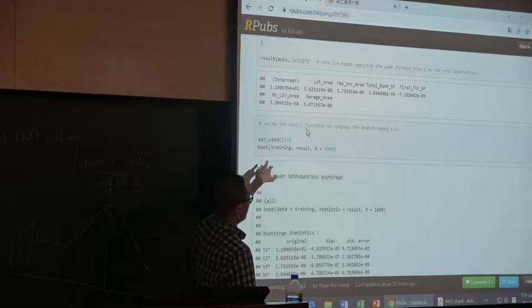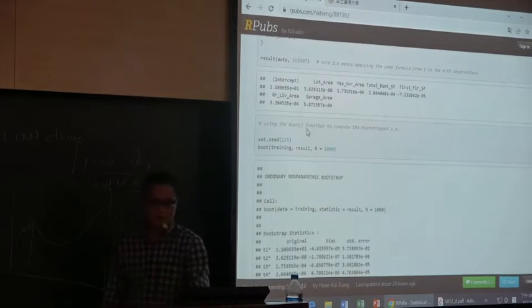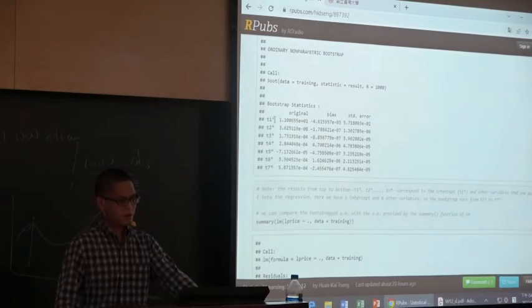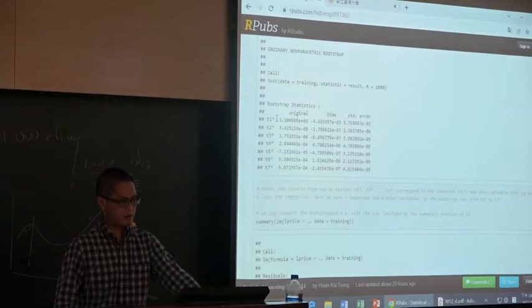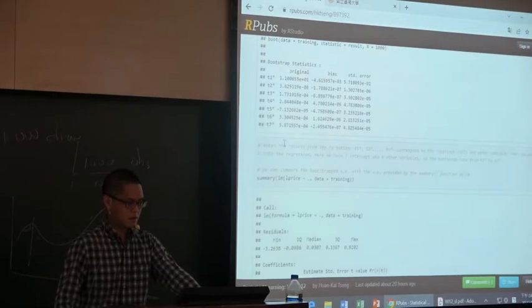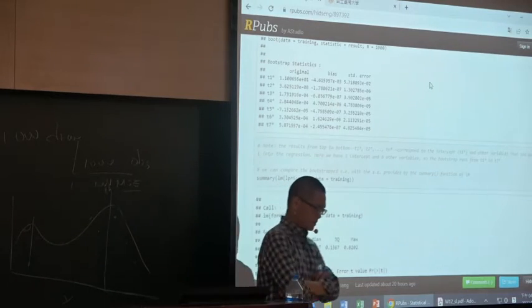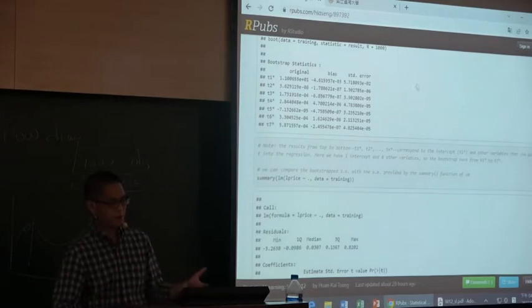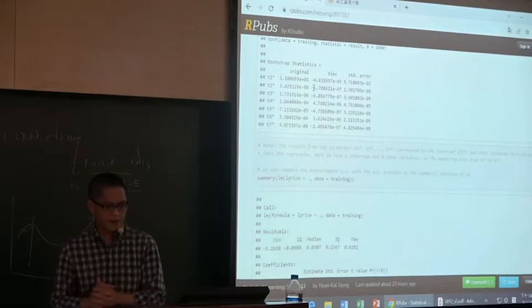you just apply the boot function and you give the data and the function you want to evaluate, and you can ask to do 1,000 bootstrap replications. So here you see the output. So this looks really strange. So you might ask, where is my variable name? Right. I tend to believe that's probably due to the laziness of the original programming, because in bootstrap replications, they usually don't carry over the original variable names,